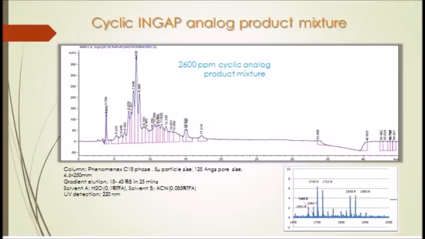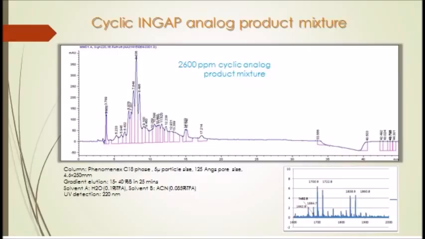Here's a chromatogram of a sample of cyclic analog product mixture. All the relative mass spec peaks should have corresponding peaks in the chromatogram. My goal in the research is to eventually match the mass spec peaks to those of the chromatogram. It's the cyclic analog chromatogram and its mass spec, which I showed earlier. Like I stated, there's very little cyclic product. See, one of the main peaks seems to be the uncyclized linear product, and it may be good to assume that these other peaks are just reacted,